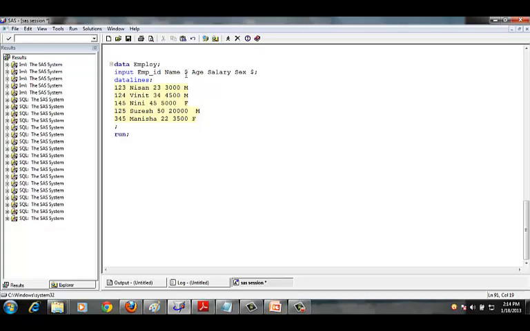As you can see, I have put a dollar sign after name and sex. This is because name and sex are variables which are strings. They are not numerical variables. So for a variable which is not numerical, you have to put a dollar sign after the variable name in the input statement. Then you write the datalines statement, followed by the data you want in the